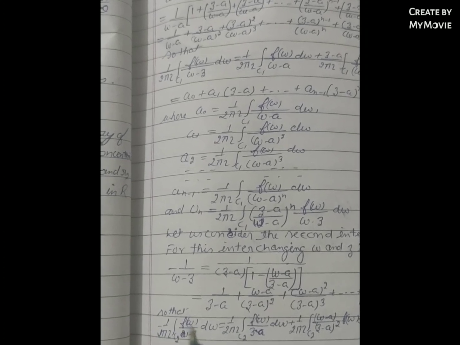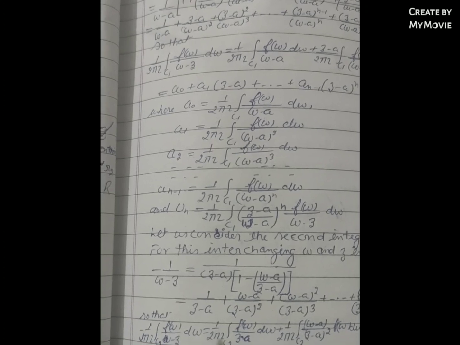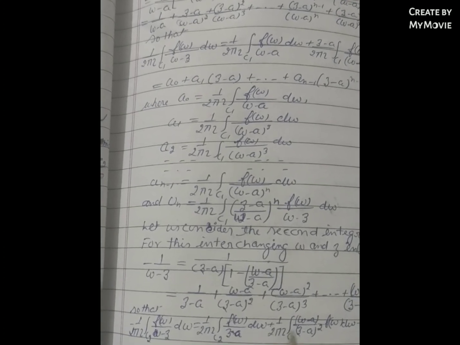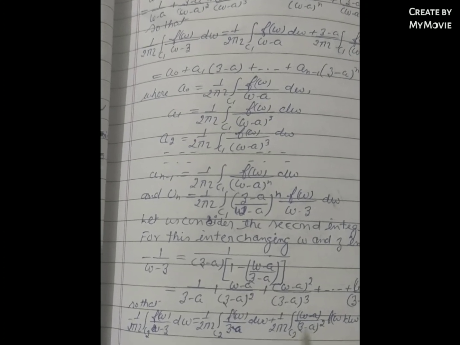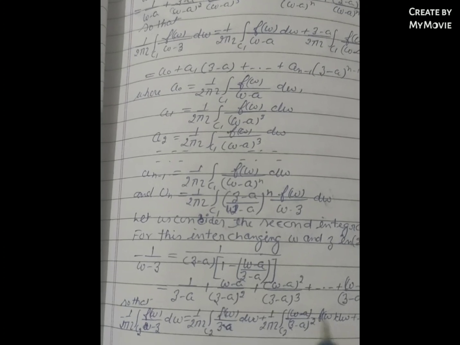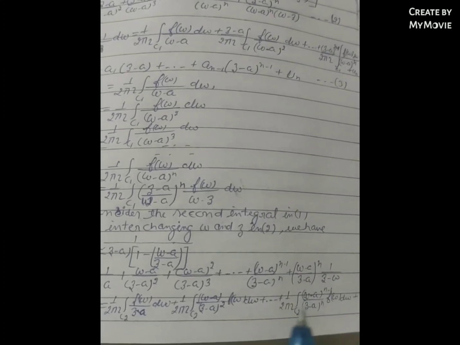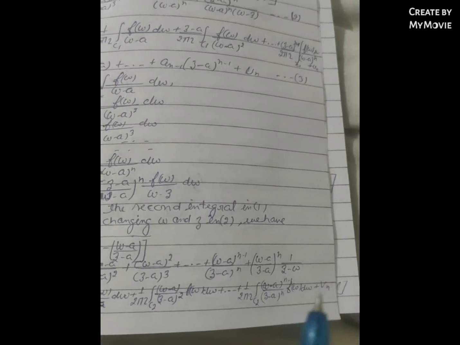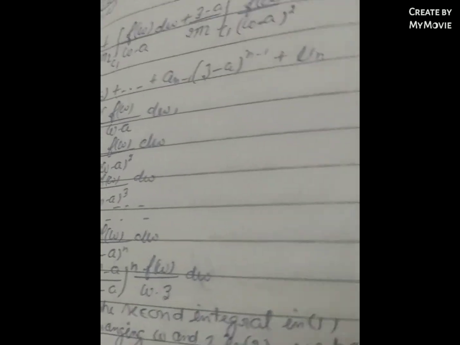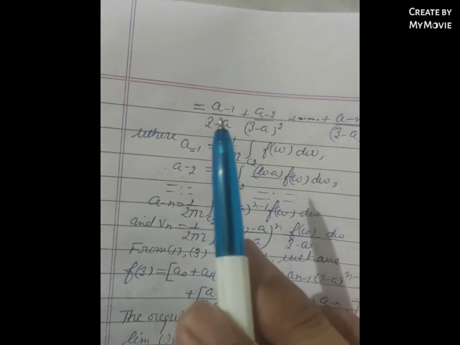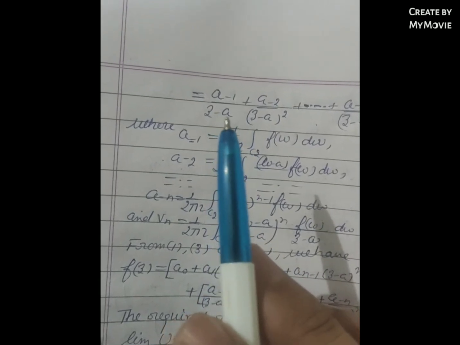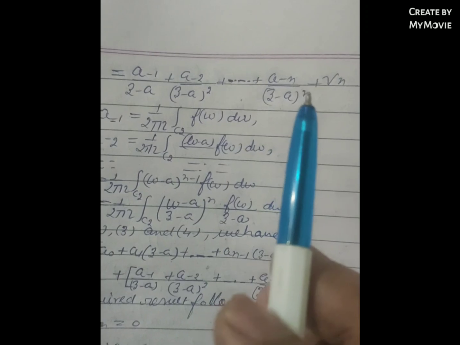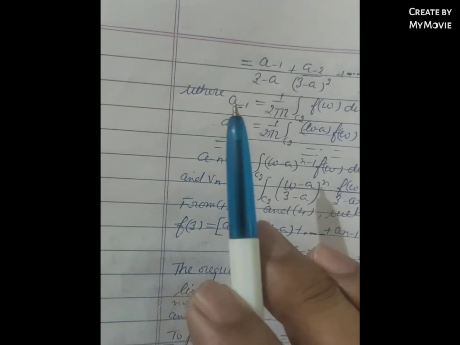so that 1 upon 2 pi iota integral over c2 f(w) over (w minus z) dw is equal to 1 upon 2 pi iota integral over c2 f(w) over (z minus a) dw plus 1 upon 2 pi iota integral over c2 (w minus a) over (z minus a) whole square f(w) dw plus and so on, plus 1 upon 2 pi iota integral over c2 (w minus a) raised to power n minus 1 over (z minus a) raised to power n f(w) dw plus vn, is equal to a minus 1 upon z minus a plus a minus 2 upon (z minus a) squared plus and so on, a minus n over (z minus a) raised to power n, plus vn. This is equation 4,